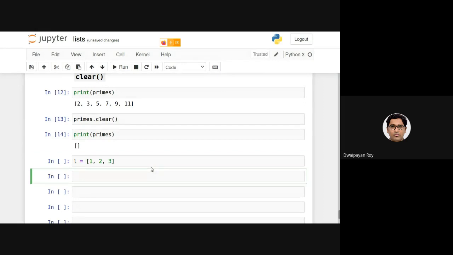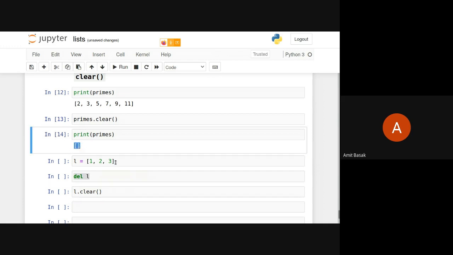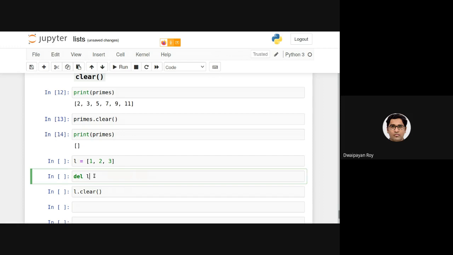If I call del L and if I call L.clear, what is the difference between these two? The clear function basically leaves L still as a list. But if I use del, then L is not a list. Basically, after using the del keyword, L will be non-existing.